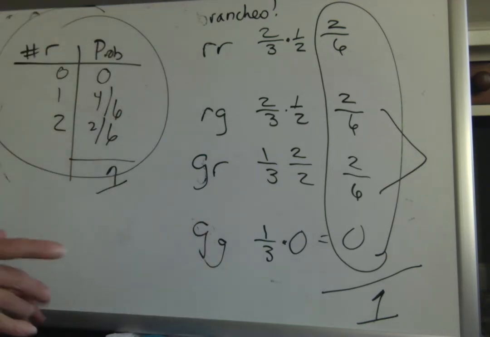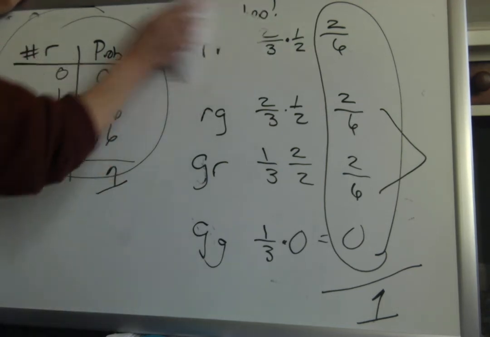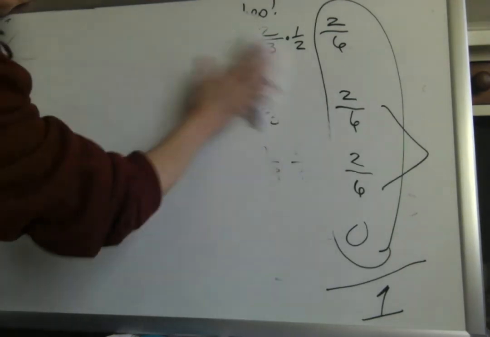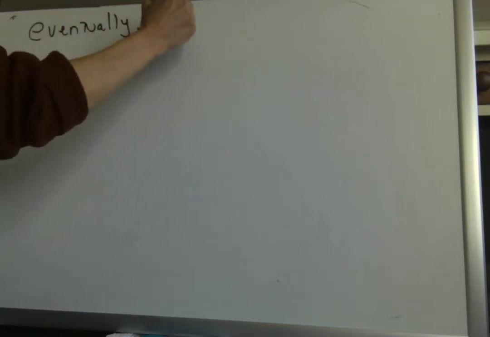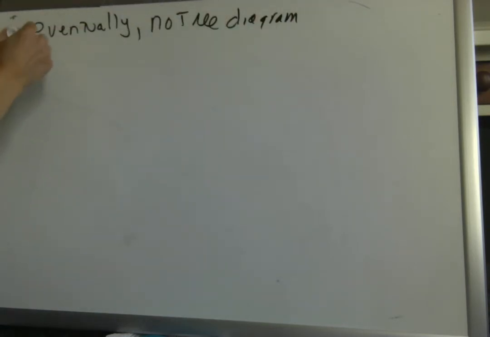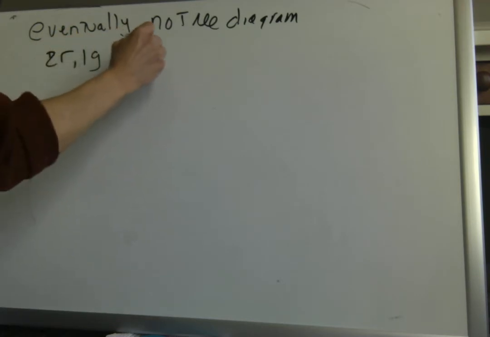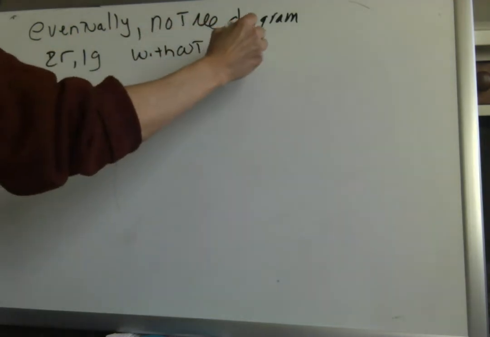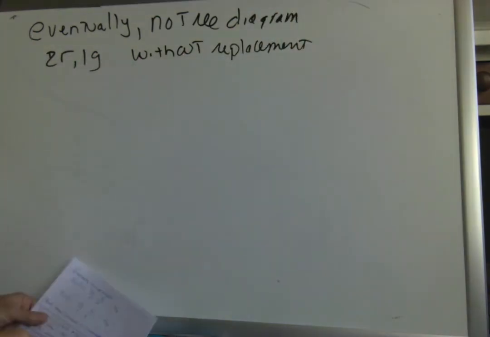Oh, yeah, sorry, before I make you do one. So those are all tree diagrams. Again, a bit tedious. Guys, I don't do a tree diagram in real life. So let me show you where we're eventually going with this. So now we're up into like high school level. We're doing the same problem. So it was 2 red, 1 green without replacement, right? I haven't switched problems. I'm just switching the way we solved the problem.